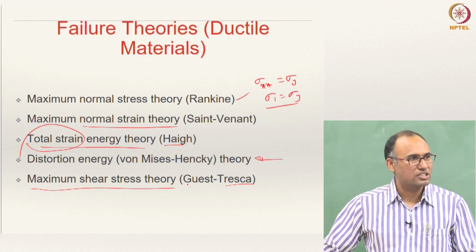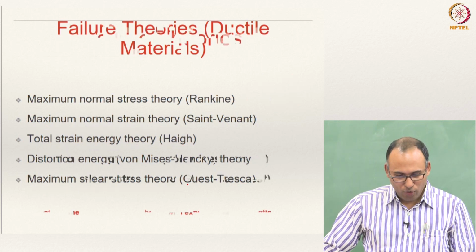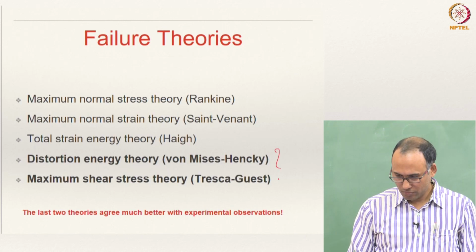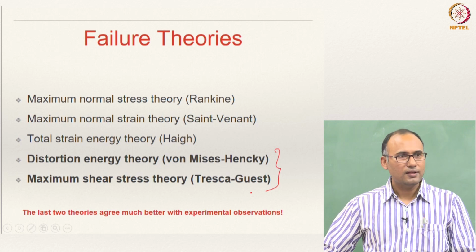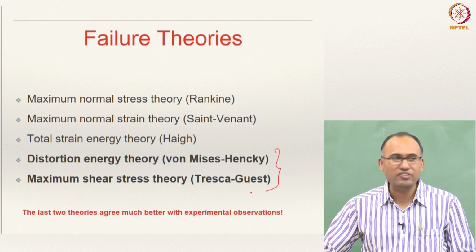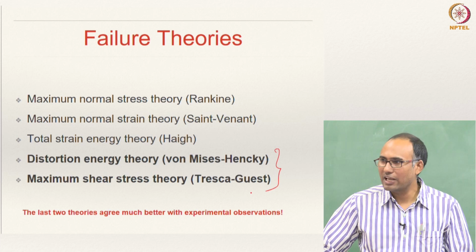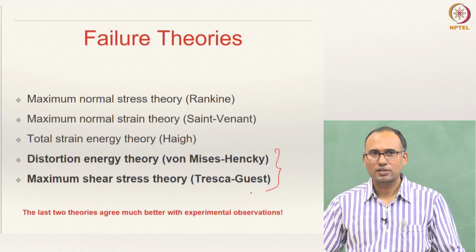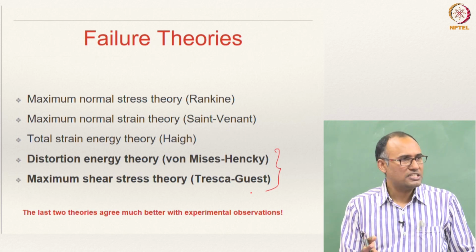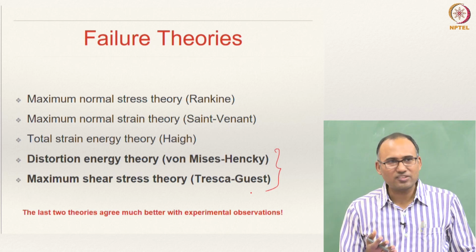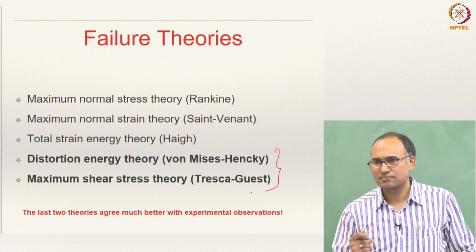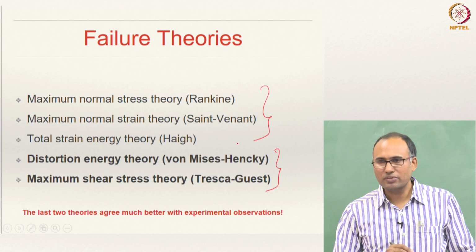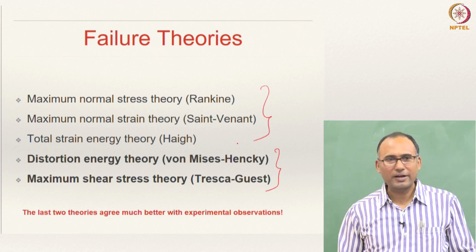So, you have different kinds of failure theories, and we need to look at how one would derive these failure theories. In this class, we will be focusing on these two failure theories, because these two seem to agree with experimental data available in the literature much better than other failure theories. So, they have seen the other failure theories, and then they saw that there are some discrepancies, and then they wanted to fix them. So, understanding the discrepancies from these failure theories, these people have come up with better failure theories.